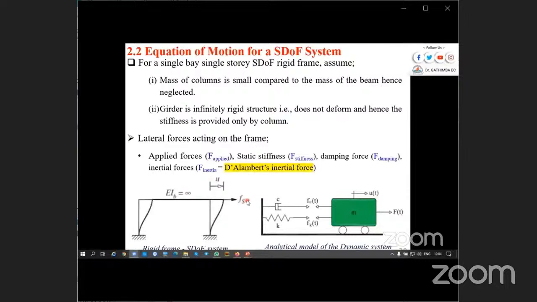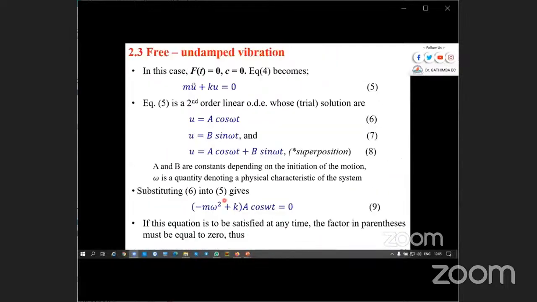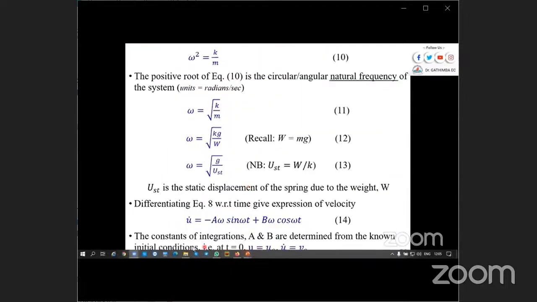Remember, don't get confused here. We are talking of free vibration. Then you may wonder, why do we have this external force here? We want to get the initial displacement U naught. So we are going to assess our motion immediately we release, not the time of application of this load. This force here is just to initiate our motion. So our motion, it could be displaced, it could be pushed. But we are starting with the initial condition here,